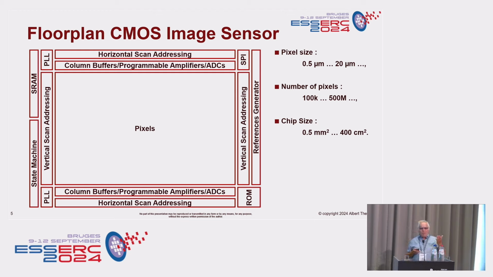Chip size can go from 0.5 millimeter square up to 400 centimeter square. That's not a typo, centimeter square. That's a huge guy of 20 centimeter by 20 centimeter used in the medical world. So you have them in all varieties,